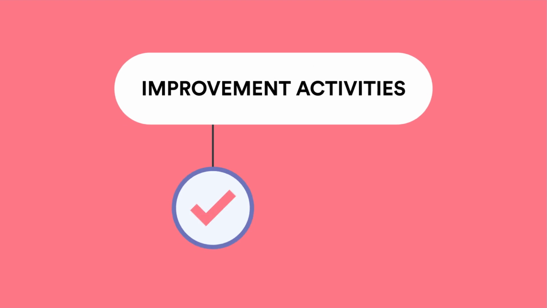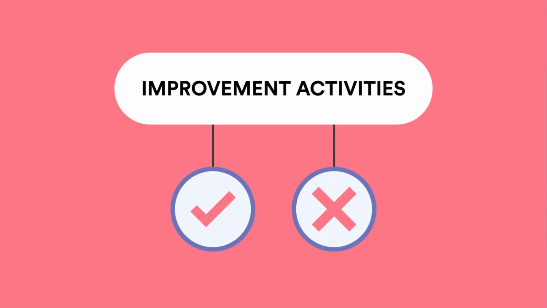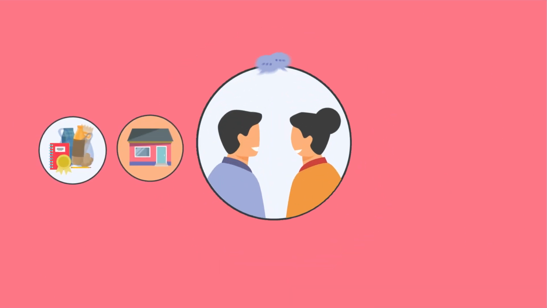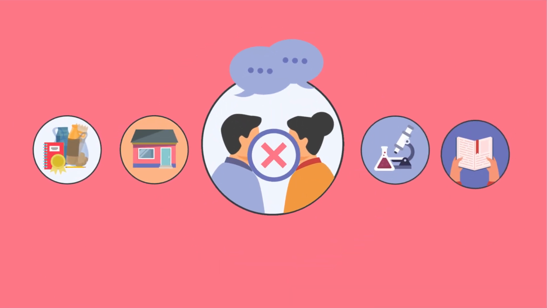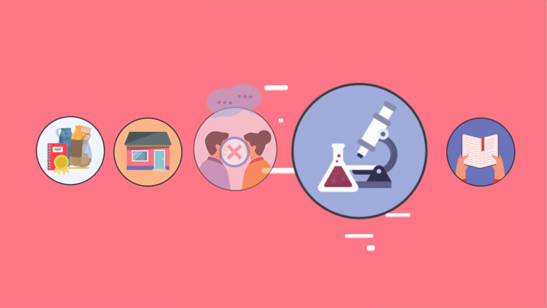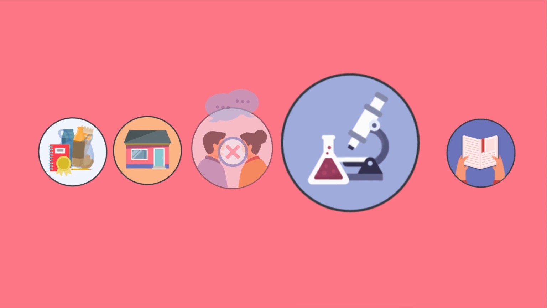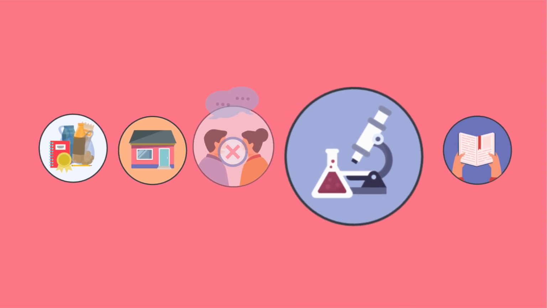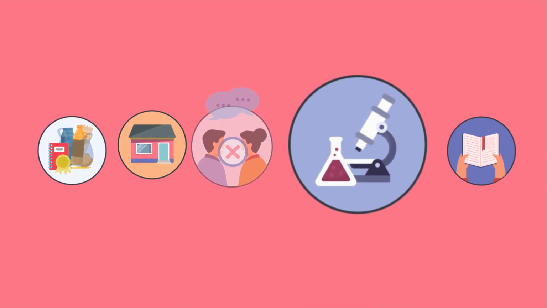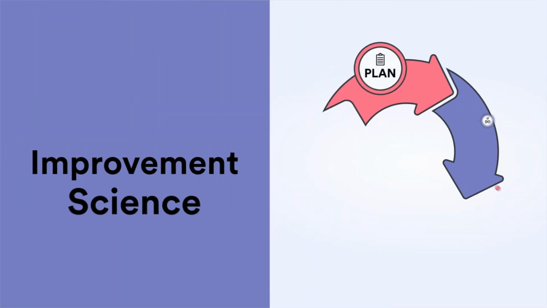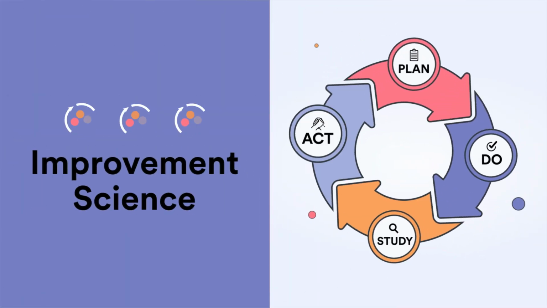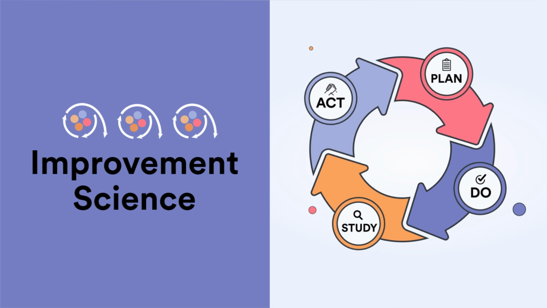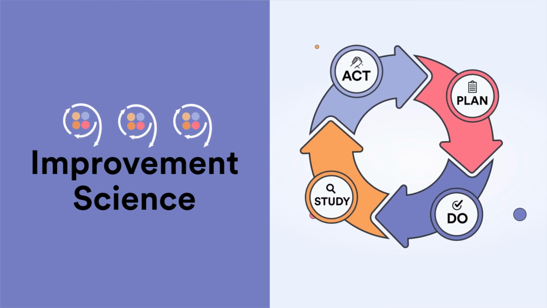Improvement activities will not always go as planned, and not all will be successful. When this happens, there is no blame or shame. When something is not working, you can and should abandon it. You can try again with a different idea. Improvement science is about planning based on good information, doing small experiments, studying the results, and acting on what you